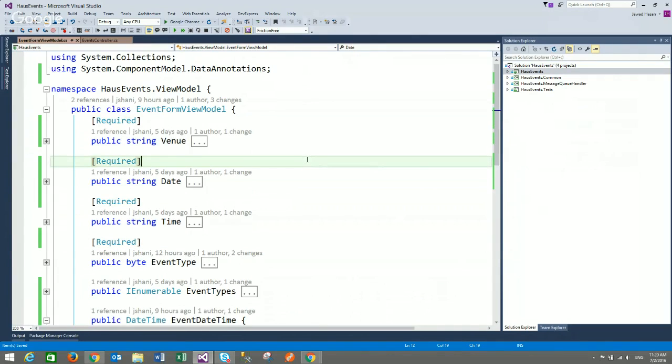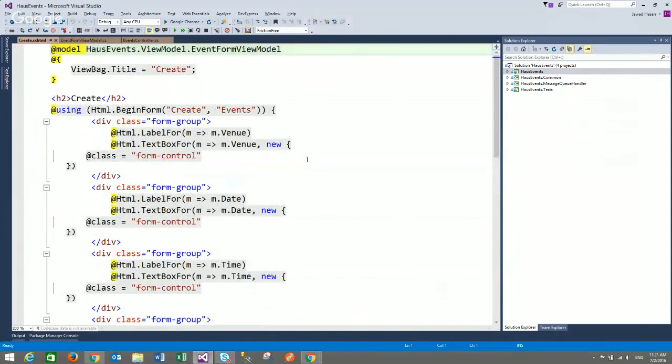Now for the second step, we need to go to our event form, the create view, and put a validation message markup for each property there. You can manually go there, but currently I have DevExpress CodeRush. So, create.cshtml. Here I will put